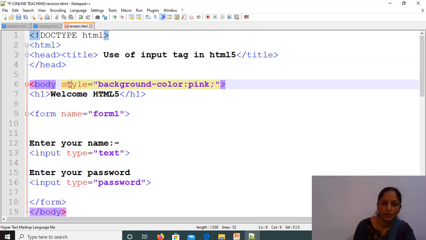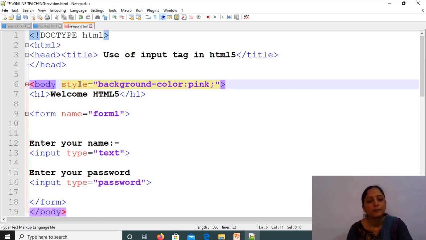Now just observe here, instead of bgcolor this year we have to use the style attribute. Why? Because bgcolor is deprecated in HTML5, so when you want to set some attributes, for example background color, then you have to use the style attribute inside the tag.